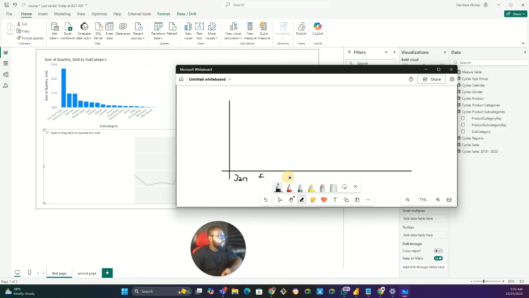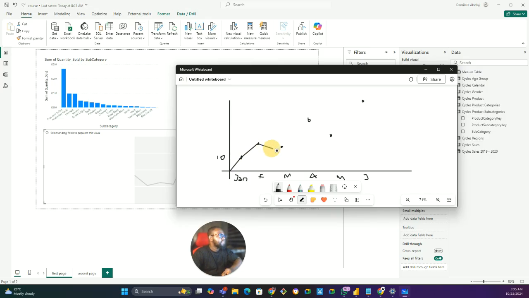January, February, March, April, May, June. I want to see maybe revenue was 10 million in January, and maybe 15 million in February, and maybe 13 million in March, and maybe 17 million in April, and so on for May and June. So basically this would give us a trend,